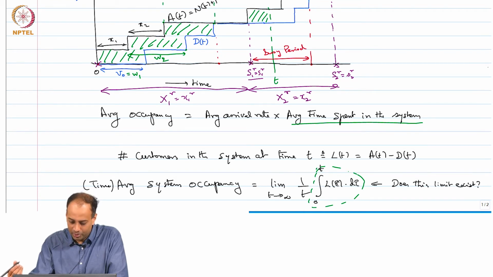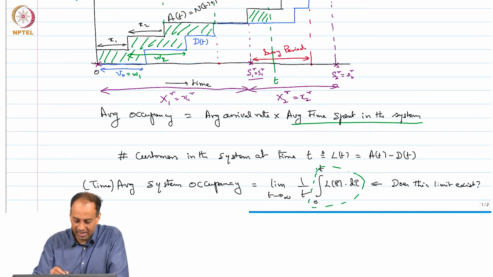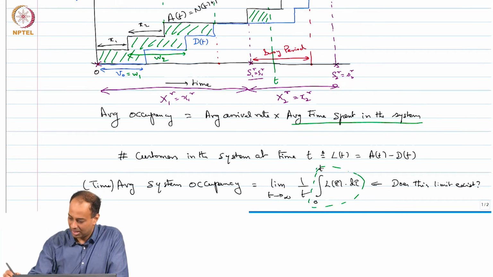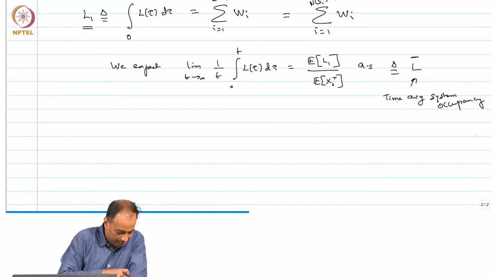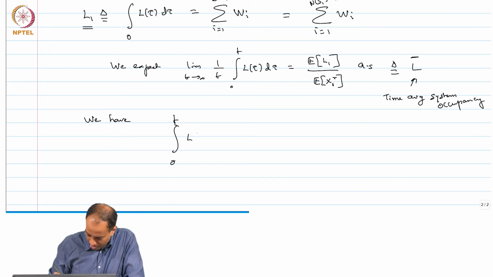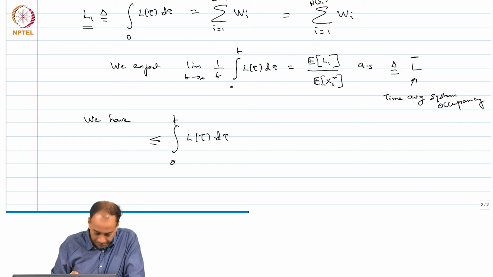Okay. So, what will I really do? I will basically take this 1 over t integral 0 to t L tau d tau, which is the area denoted in green here, lower bounded by the sum of all areas till the previous renewal interval and upper bounded by the sum of areas till the next renewal interval. So, that is the relationship I am going to use. Okay. So, this is from the picture itself, you can say, so integral 0 to t L tau d tau is lower bounded by sum over n equals 1 to n r of t of L n and it is upper bounded by